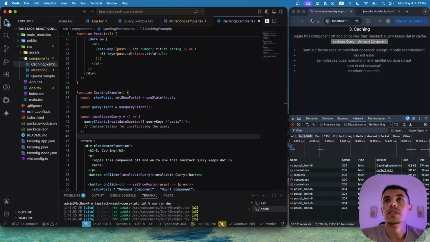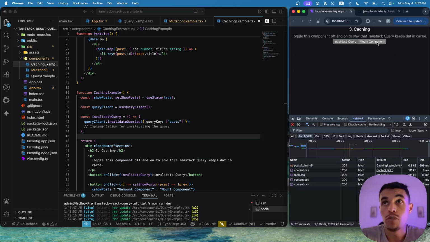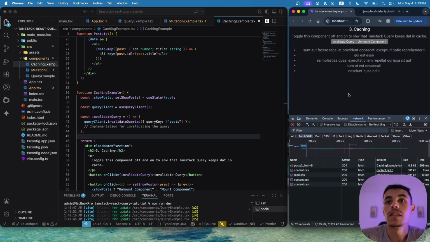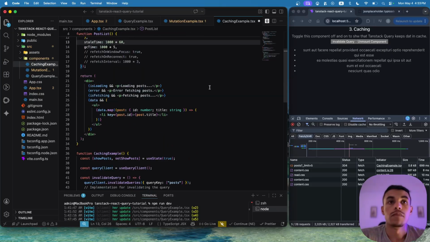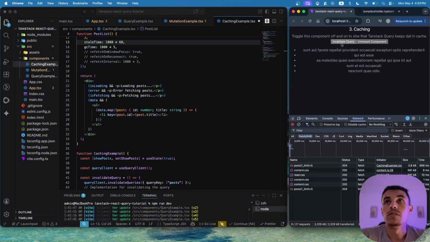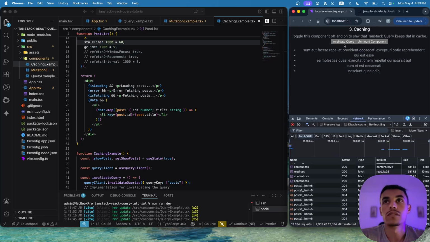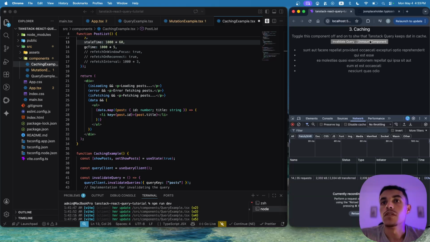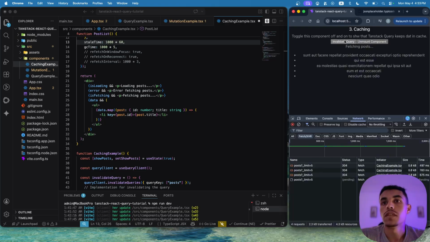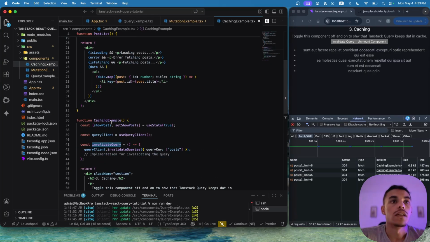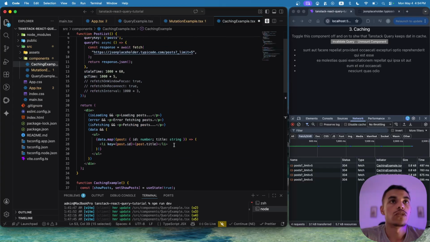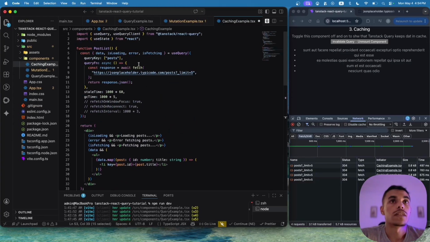Now, if we go in here to test it, no matter how much we click on mount and unmount here, nothing happens because we know that the data has been stored and cached. But every time we click our invalidate query button over here, it's forced to refetch, and the cache is not important because we forced it to refetch our data from the API. Mount again, nothing happens, and with the invalidate query button, it refetches the data just by calling this function, and immediately it has the key of the post,